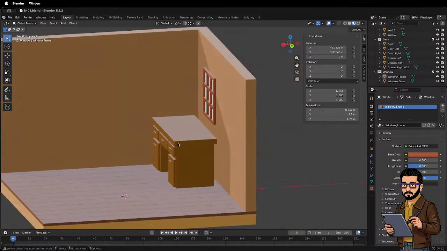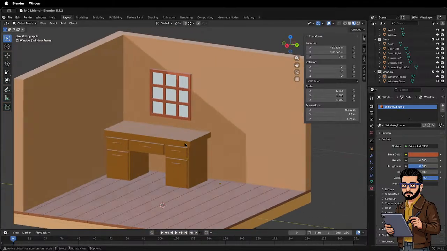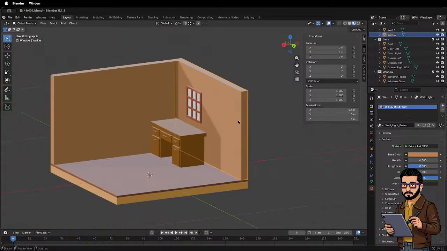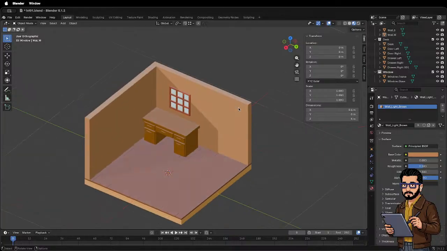So yeah, that's good for now. Maybe we can add something else right now. So it was 40. Okay, good to know. That's good. Now we have a window,